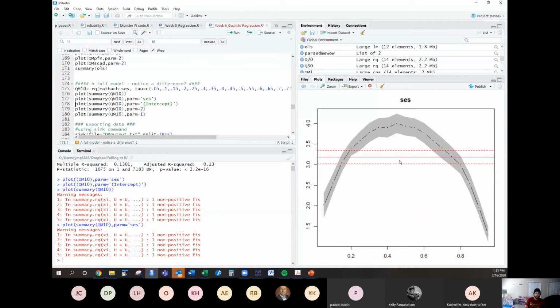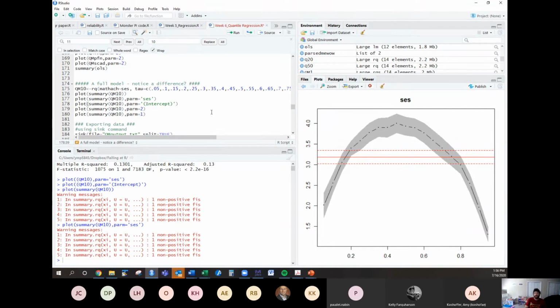So if we were to condition our slope coefficients at the 0.5 quantile, we can say that the effect of SES on math achievement is significantly stronger at the 0.5 quantile of Y compared to the conditional mean of Y. And we can do that again for any place along the distribution where the confidence intervals don't overlap. So what this tells us is that while for a small range of levels of math achievement the slope coefficients in quantile regression are in line with OLS, for the vast majority, the OLS estimate of SES under or overestimates the actual strength of the relation with math